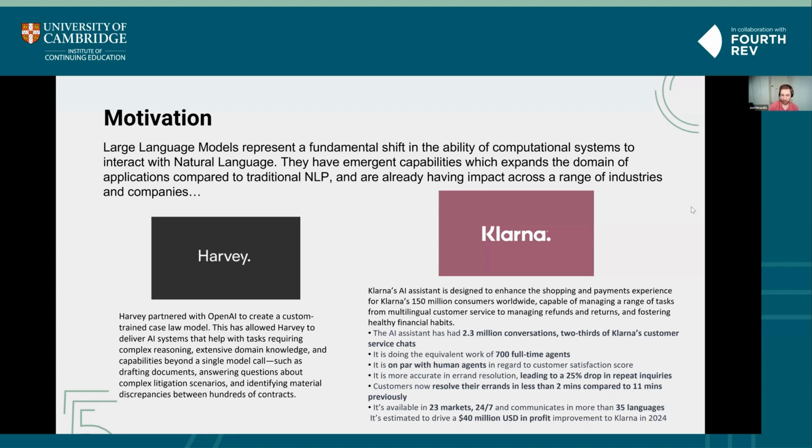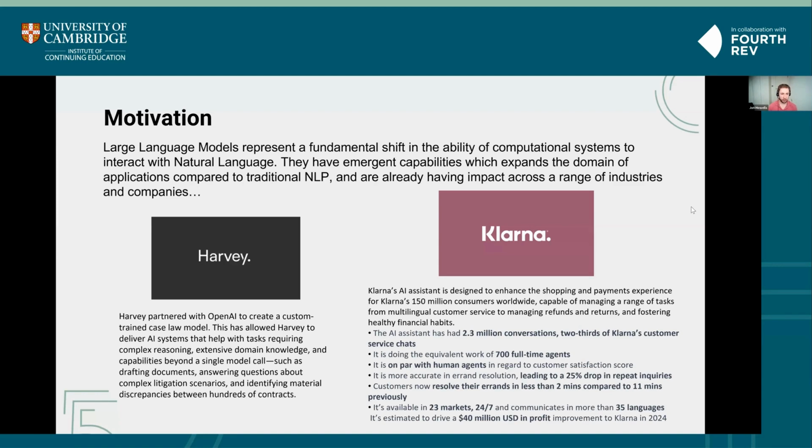And with the emergence of the transformer-based architecture, which underpins most large language models, and the abundance of data, training time and compute cost, large language models have really shown a fundamental shift above traditional natural language processing and outperform them massively on a lot of the NLP benchmarks. But alongside that, they have emergent capabilities for things that people didn't even expect, enabling new use cases and new domains in the realm of natural language that were previously unavailable.